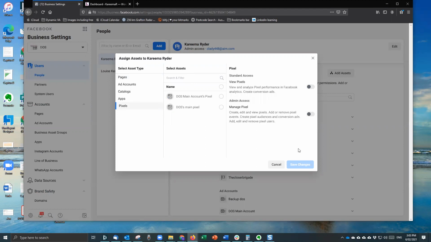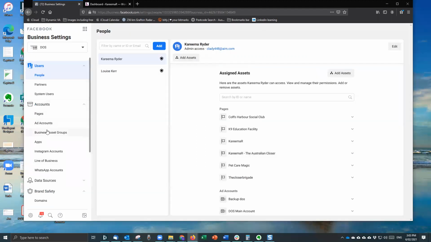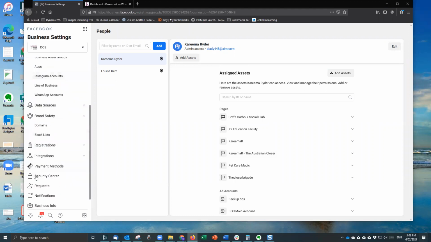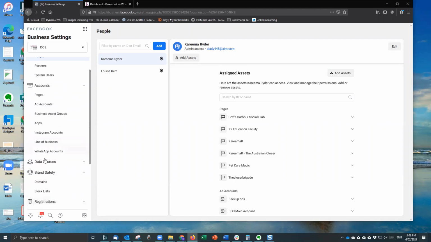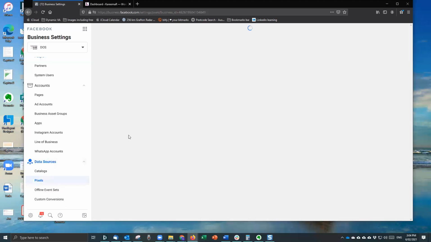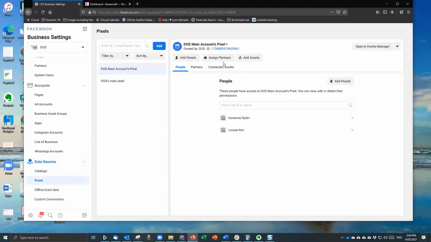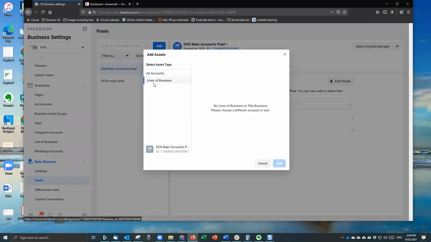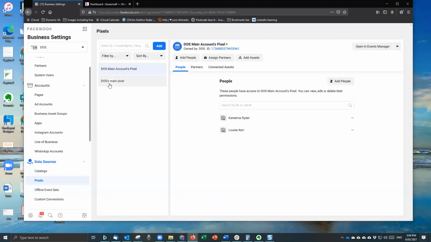So you've got to then associate. Sorry, I've missed a step here. This isn't as clear as I'd like it to be, because there's another step in here, which is that the pixel needs to be connected to a verified domain. So when I've got a verified domain, the pixel needs to be, I can't remember which of